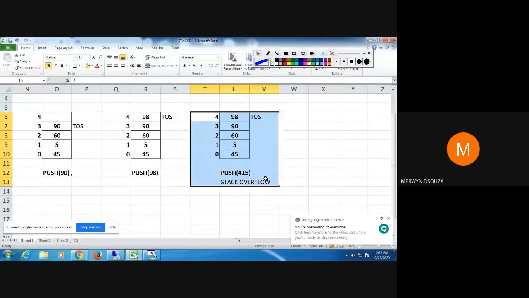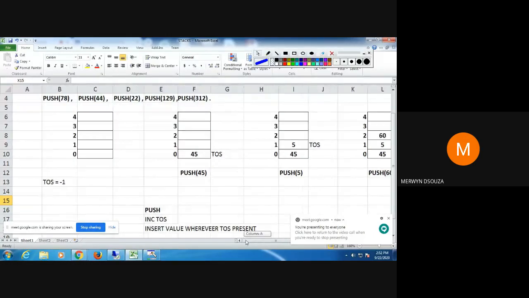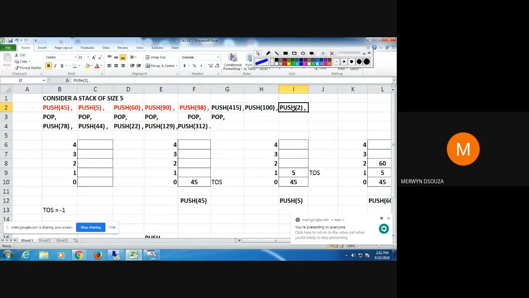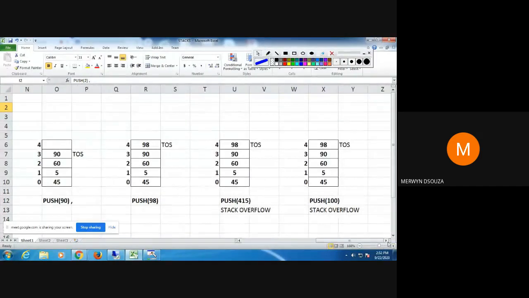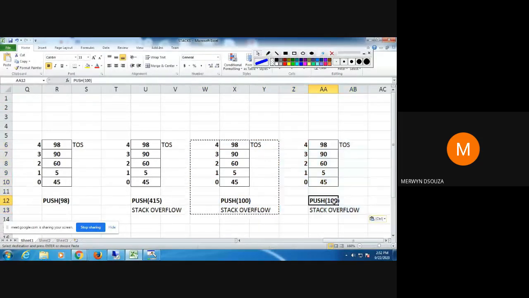So remember, you have to show each step. So this will be push 100, which will again be an overflow. The contents of the stack do not change. And the last one on this row is push 2. Now when you push 2, you will again get a stack overflow.